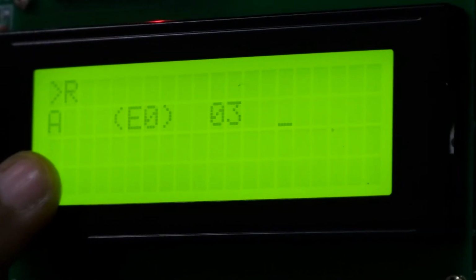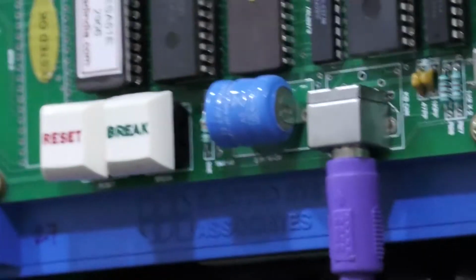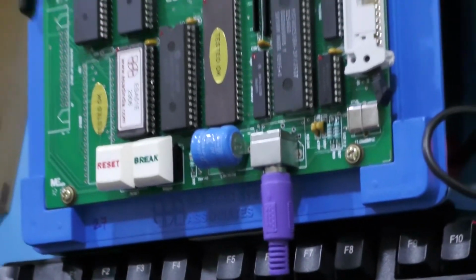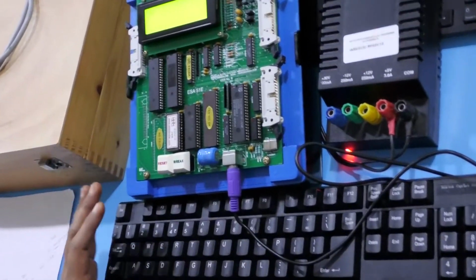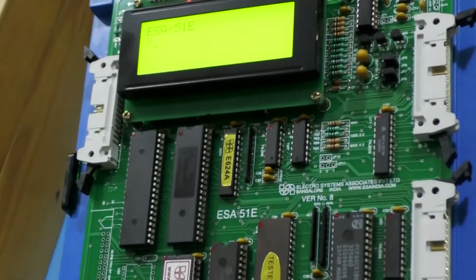So you have taken 2 inputs, one is 5 and another one is 2. If you perform the subtraction operation, the result will be 03, and that result 03 will be stored in the A register. Now, in order to perform the next arithmetic operation, multiplication, again you have to clear the entire thing in the microcontroller. For that, you have to click reset.